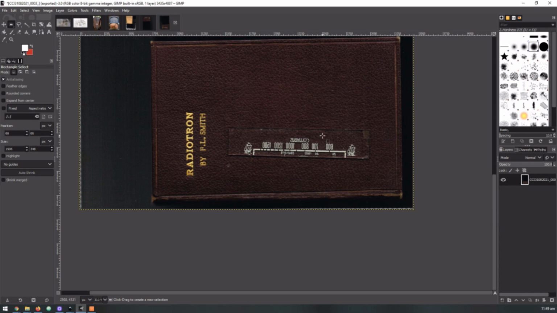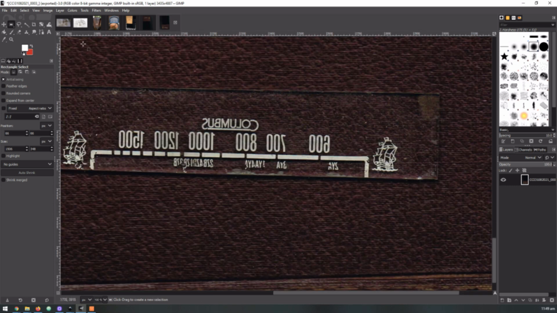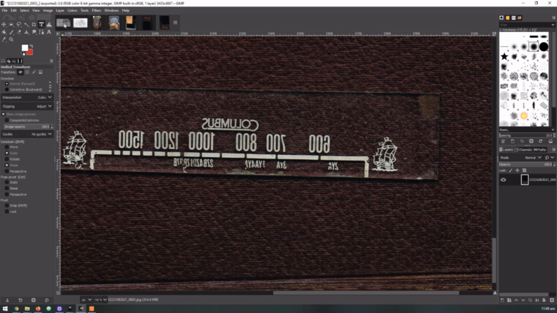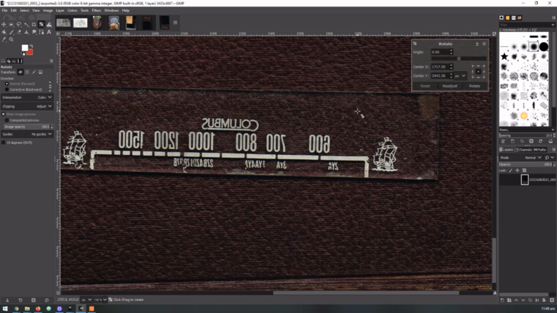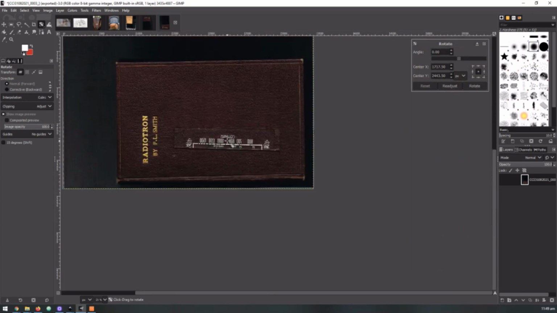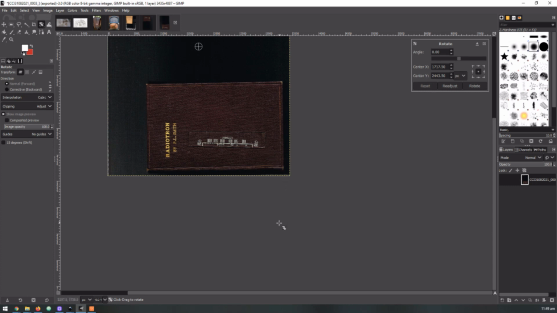So the package that we're going to put this into, it will really help to have this as a guide, and one of the things that we want to do is actually get it lined up nice and square. Now to do that, there is a rotate tool. The tools in the latest version of GIMP are all stacked, and most of the transformational tools are on this stack here that out of the box looks like this weird T. If you just click on it and hold it, then you can get the ones we need. Now we want rotate, and you could just eyeball it. You click somewhere on the image, and if we zoom out, you're going to see that there's a dot which by default puts itself in the center of the